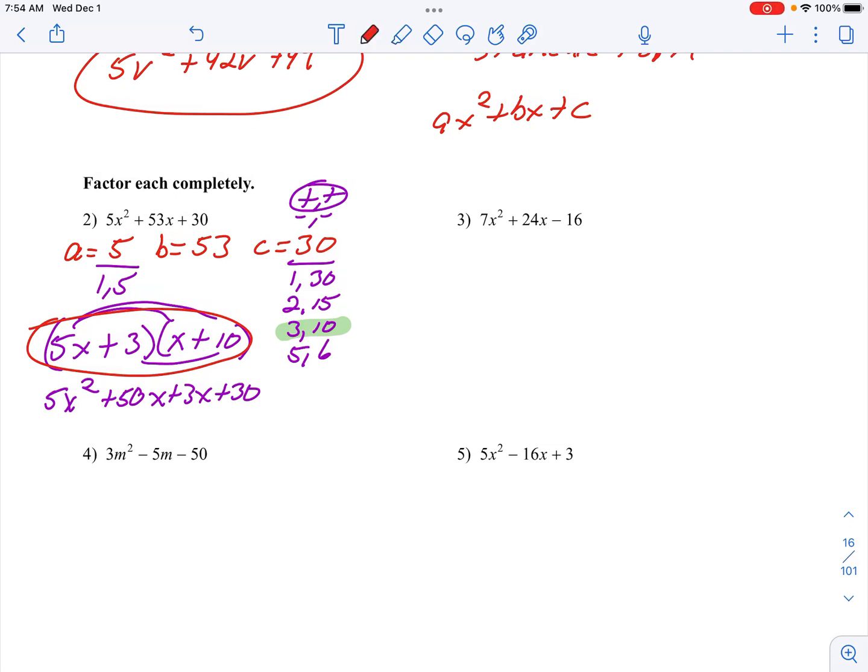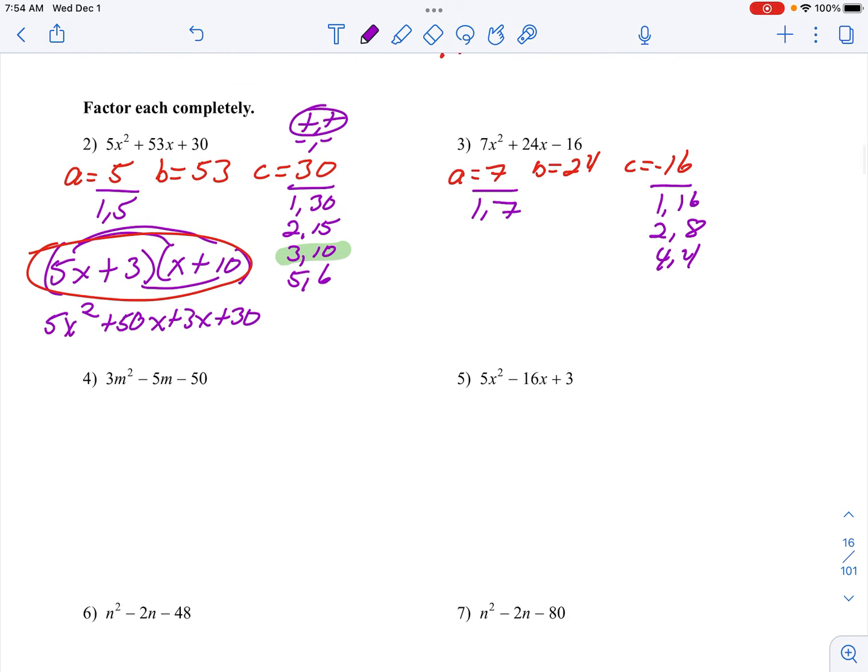Okay, so number 3, 7x squared plus 24x minus 16. It's in standard form. A is 7, B is 24, C is negative 16. I'm always going to go through and list out the factors of A and C. So I just go through in order. And then the A starts to build my two quantities,